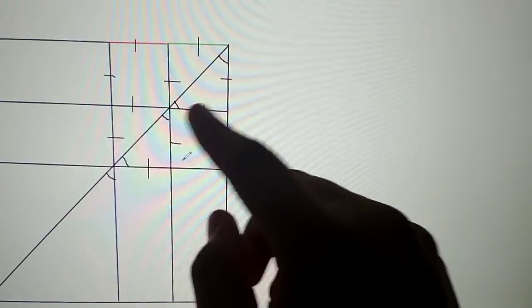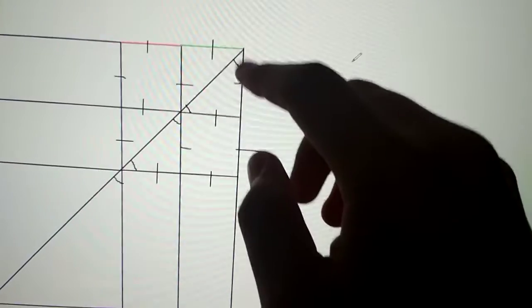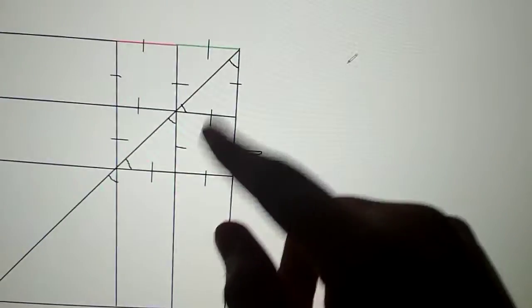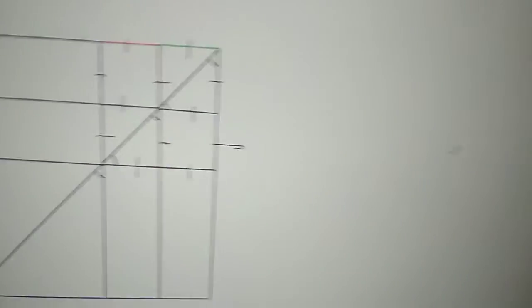And now we're going to show the same thing in the fourth one. These opposites are equal. These two are on the same base and between the same parallels, therefore this is equal to this. And now we have shown that these four are equal to each other, and now we're going to show that